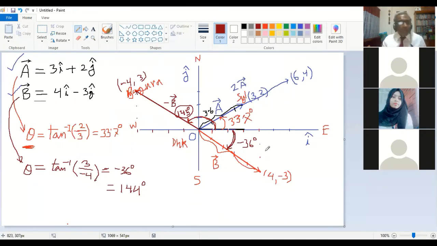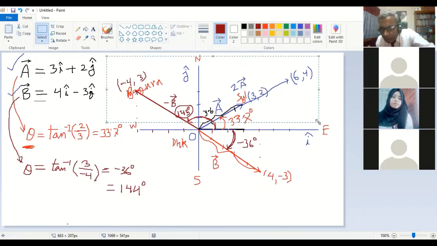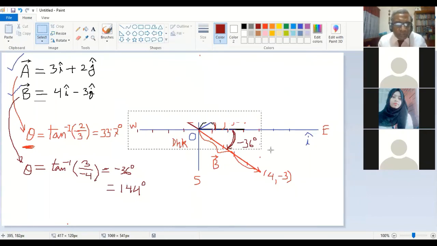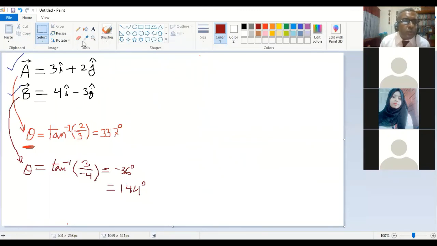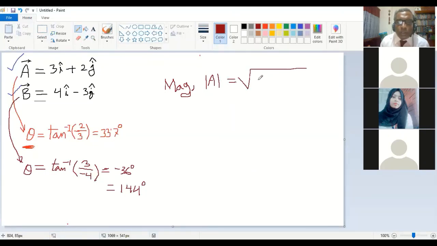Okay, you got this point? Yes, sir. So this is how we understand the vector direction and magnitude, and that is all for today. And the formula I wanted to tell you, actually this is the last thing, the general formula. If you want to find the magnitude of any vector, it will be root over x square plus y square. That is the generally written formula.